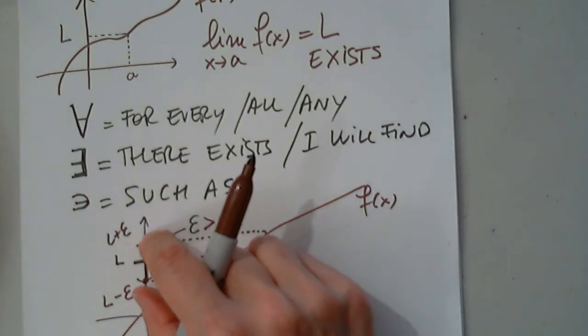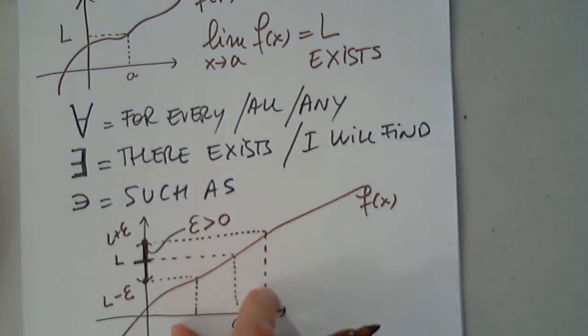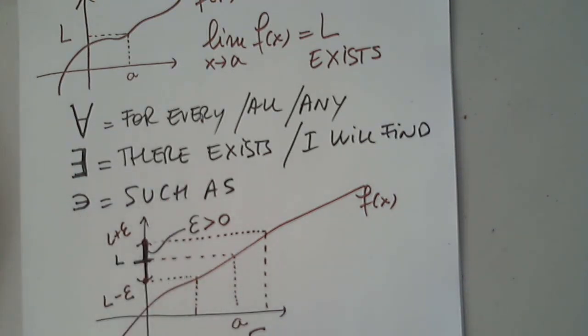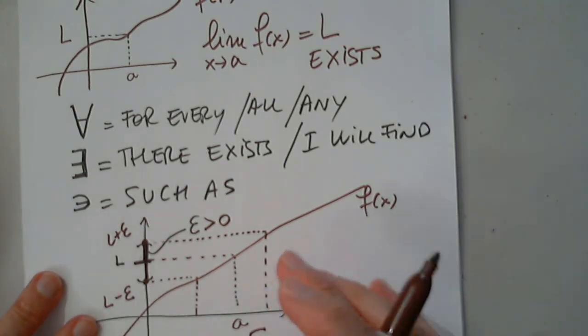So for every epsilon, I will be able to find a delta around A such that, sorry about that, such that,